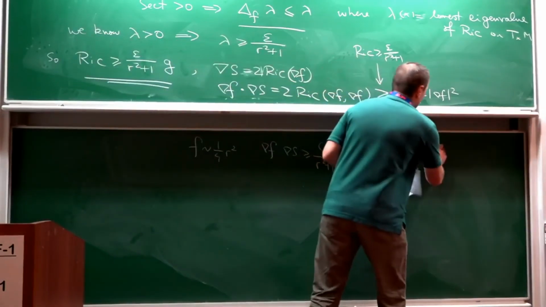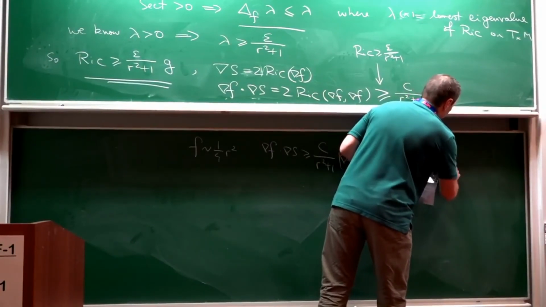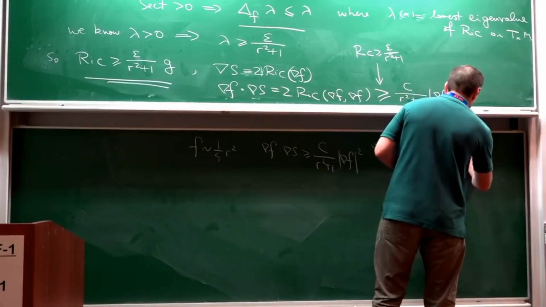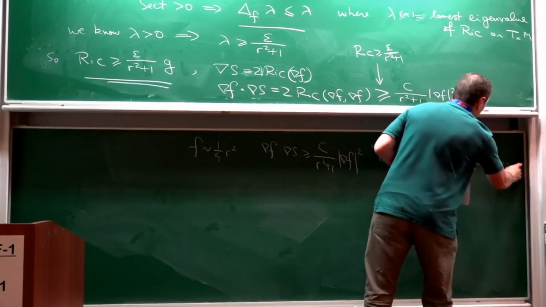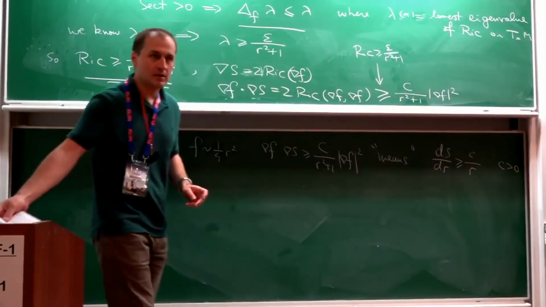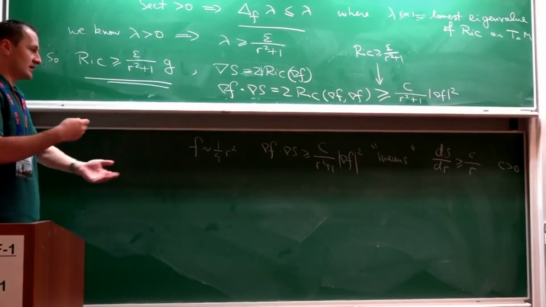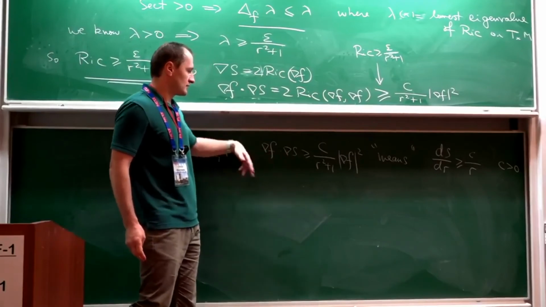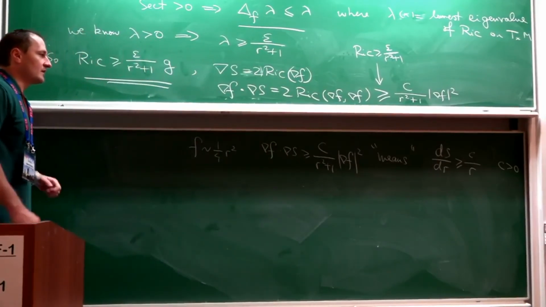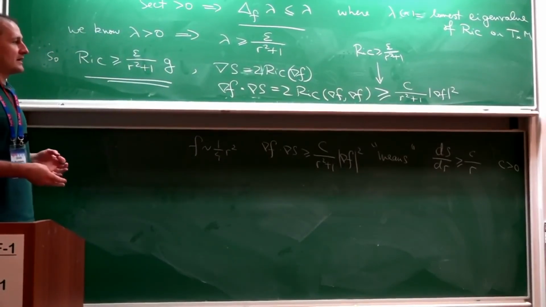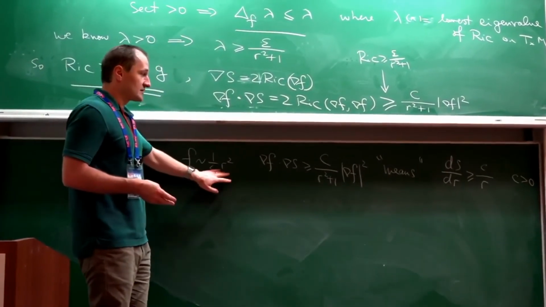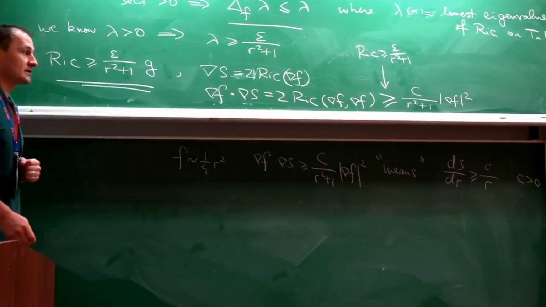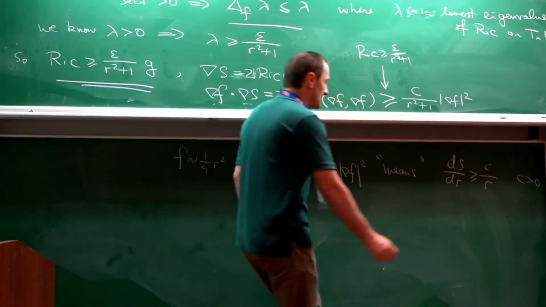It means the derivative of s in the r direction is bounded by some constant over r. When you replace f by distance squared, this is the derivative of scalar with respect to the distance, and so on. Again, f is not really distance squared, so this is not really true, but this is the idea behind it. You integrate this,